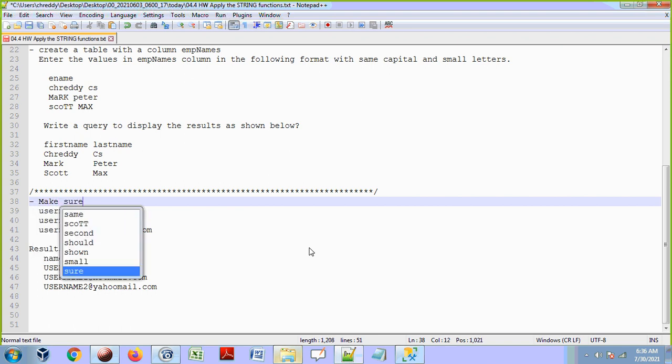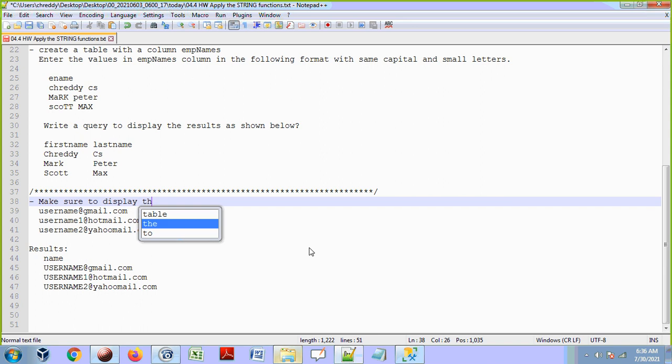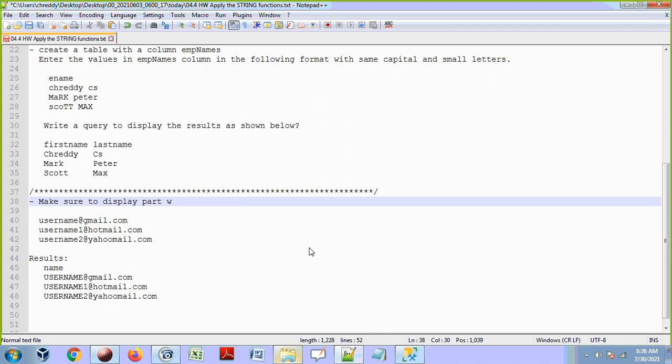Make sure to display the value. Display the path, make sure to display, how do we say that, what part it is.